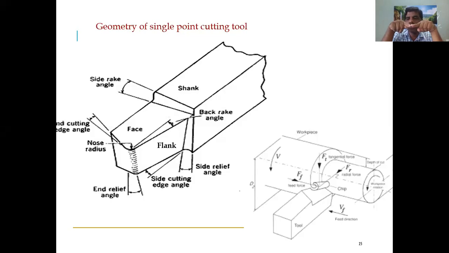For example, if this portion is very sharp, stress concentration will happen there, and due to the stress concentration, that portion wears out very fast. That's why, as normal practice, we give some kind of curvature. Even in your knife, though it is very sharp, there is some radius of curvature. Whatever radius of curvature we give here, this portion is called the nose, the cutting nose. So cutting happens by the primary cutting edge and the cutting nose. This nose has some radius. So the nose is always not sharp. We give some radius of curvature so that you can finish the surface.